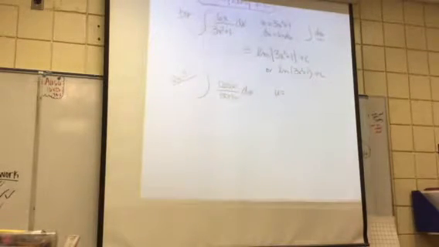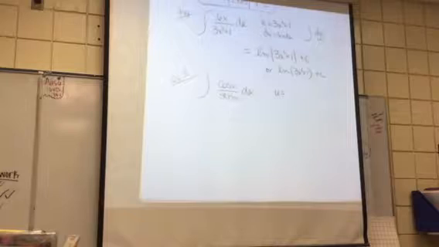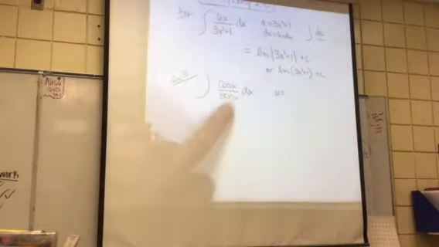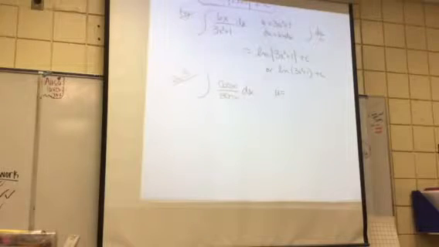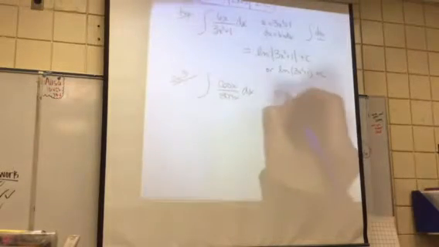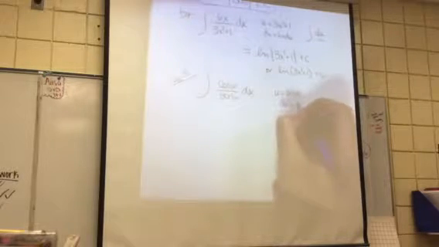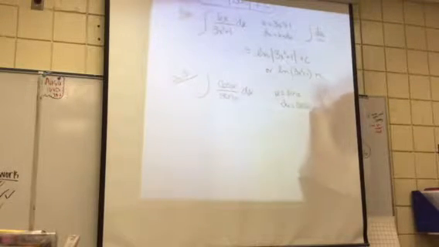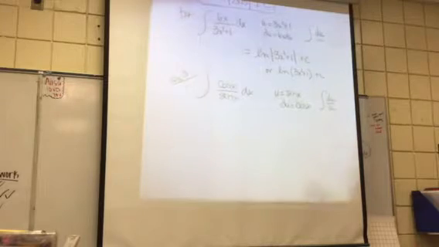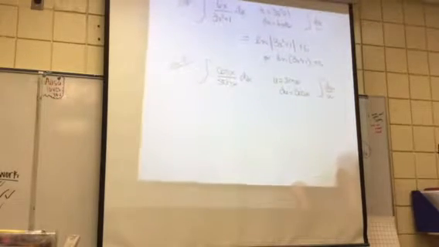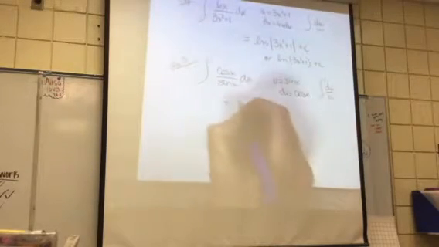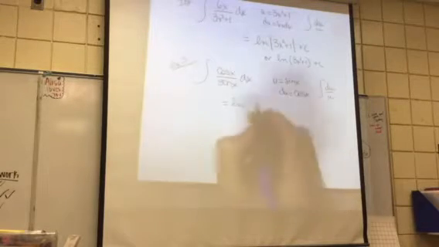Ln of sin of x. What would you think about using for a u? Okay, so just keep this in mind. Do I ever want du in the denominator? No. So that helps you sometimes to pick out what your u value would be. So if you let u be sine of x, du would be cosine of x. So this is the antiderivative of du over u, which would be ln of